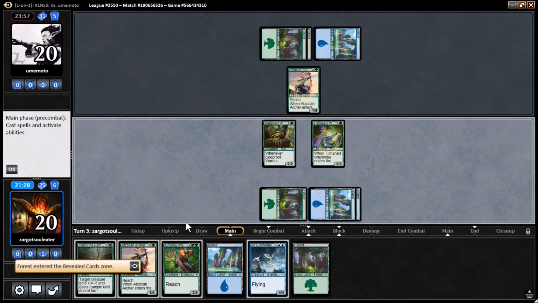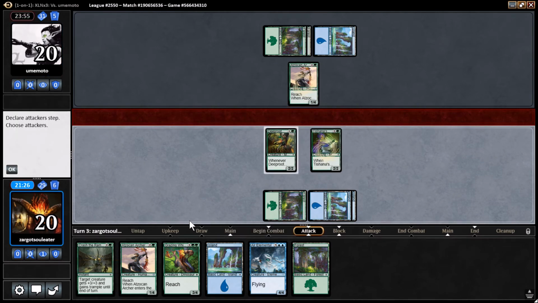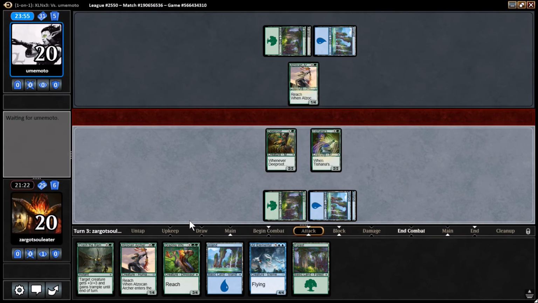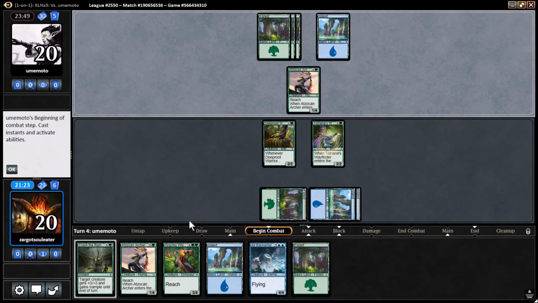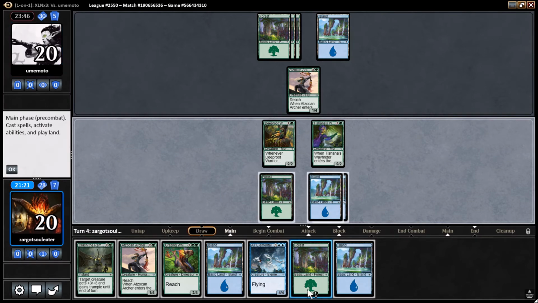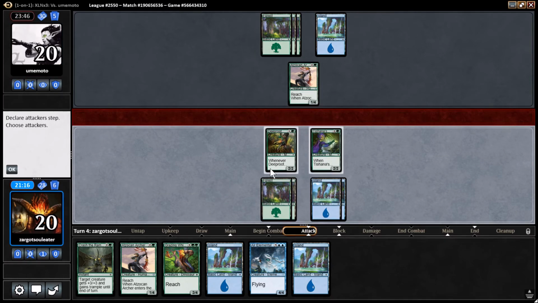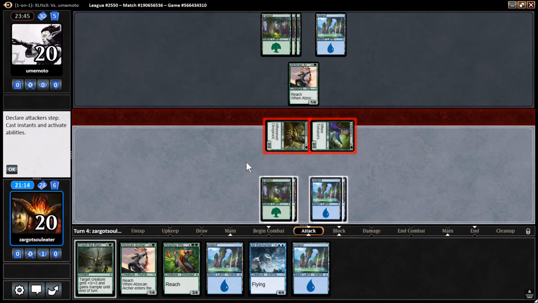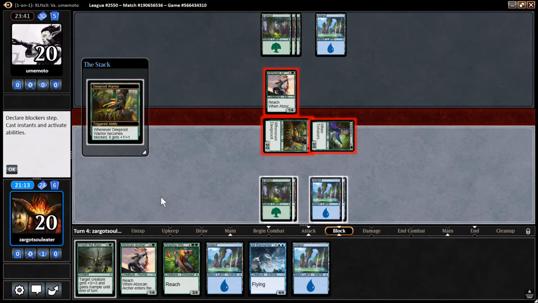Okay, we hit a land. So we'll send it back to our opponent. Really no reason to feign an attack here. Okay. Here, I think we are going to go ahead and attack. There's really no reason not to. We have Crash the Ramparts up if they have any shenanigans, but...